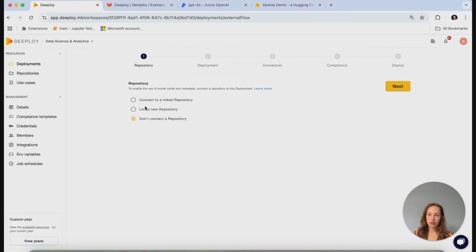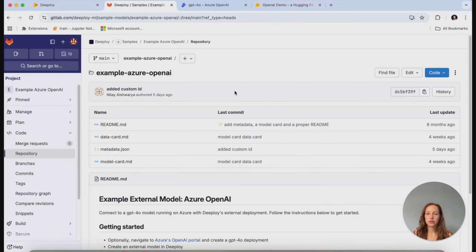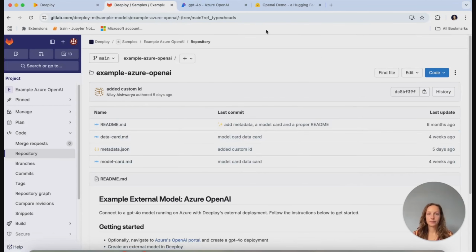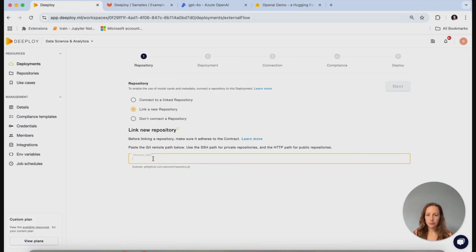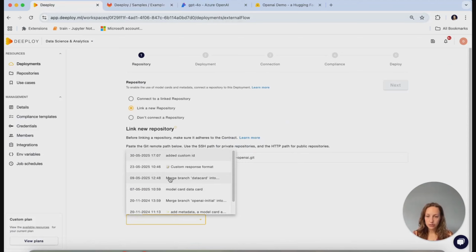I will link a new repository. So I go to my repository that I prepared, and this is a repository that contains metadata, a model card and a data card for a GPT-4o model. So I copy the URL, I return to Deeploy and paste it. I select the branch and commit I want to use